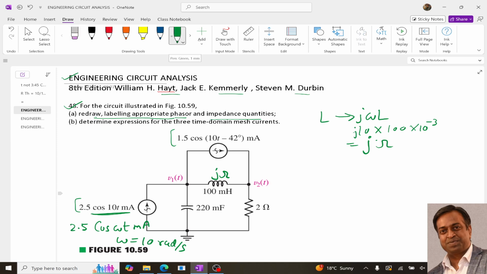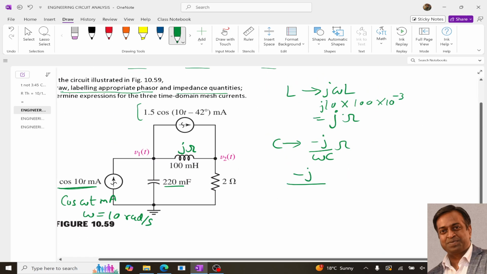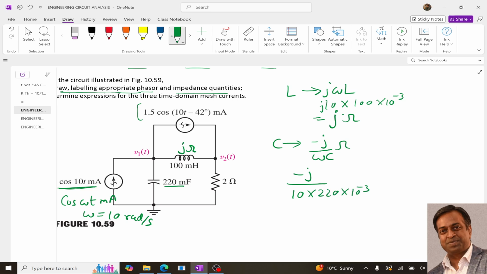Now the next is C. For C we know that we can write it as minus J upon omega C, not equal to, but can be replaced with this. Now substituting the value, omega is 10, C is 220 into 10 power minus 3, right? So solving these values, we will get minus 0.45 J ohms. So we can replace this value of the capacitance with minus 0.45 J ohms,